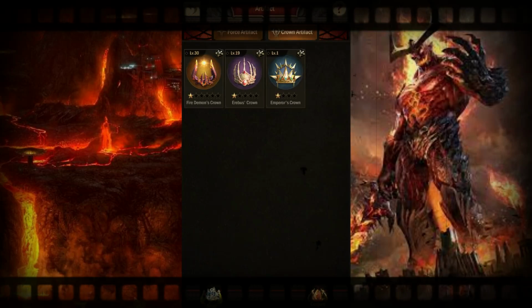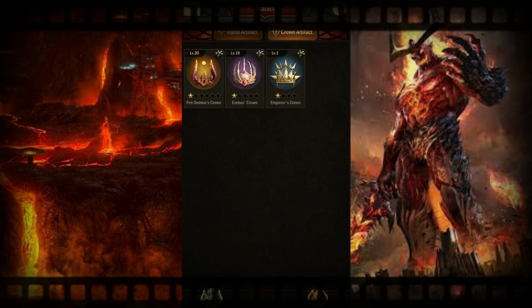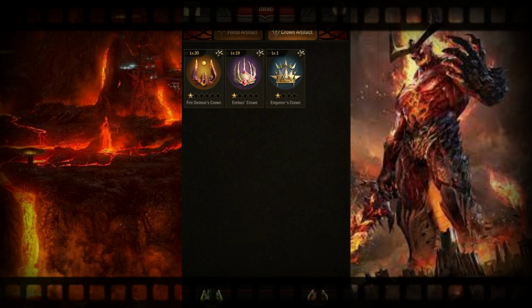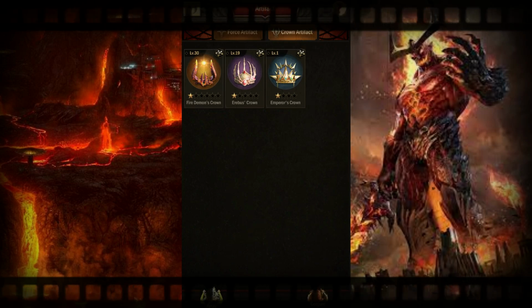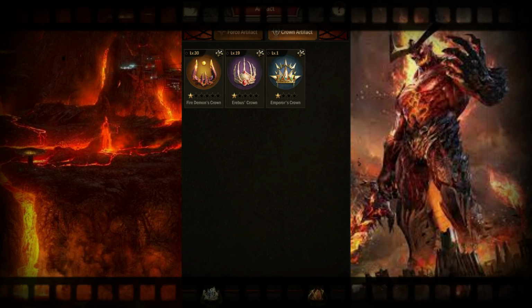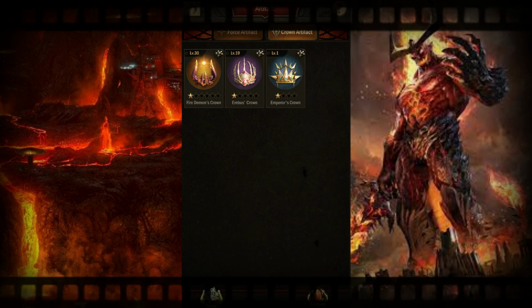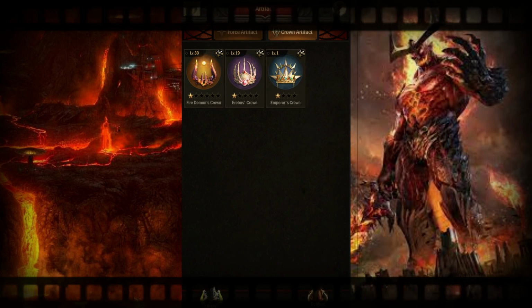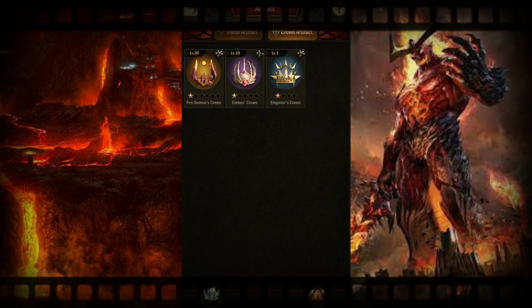Greetings everyone, I'm going to explain the new crown system and then I'm going to go through the Fire Demon crown to tell you exactly what you are supposed to do about it if you are a spender or low spender. First of all, the crown artifact system is another artifact system just like your previous artifact system, the one